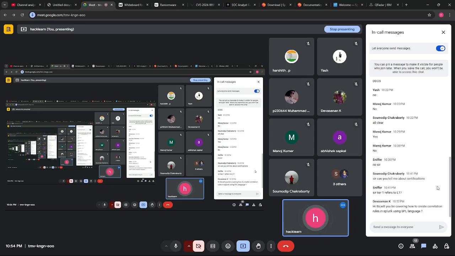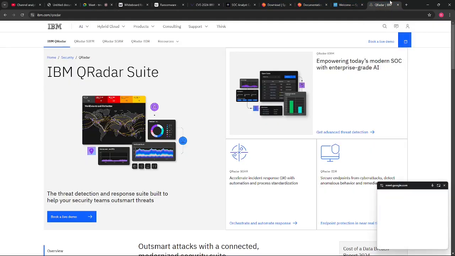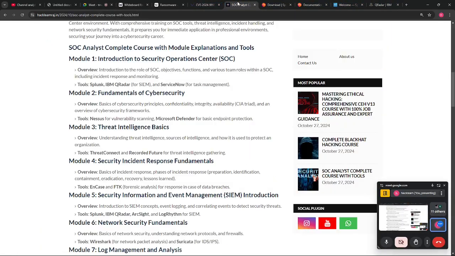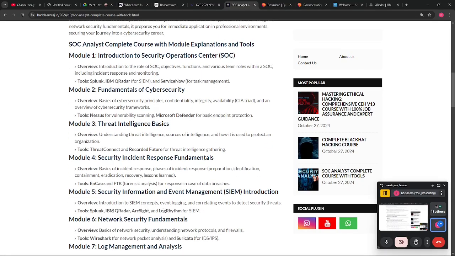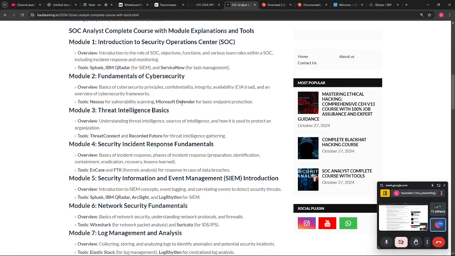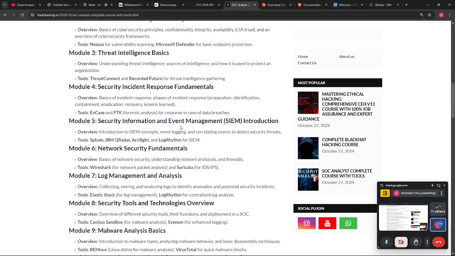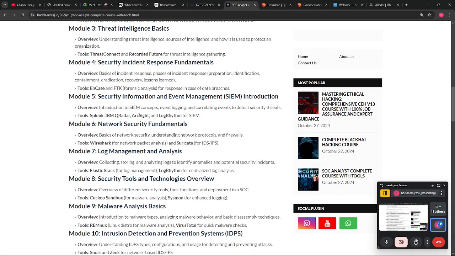You can learn a lot of tools. You just need to specialize in one or two tools, and after that you have to gather information and get some idea regarding a lot of tools. So Splunk and IBM QRadar I will be discussing, and let me see if there are any other tools to discuss tomorrow. I will be sending you the list of tools also: IBM Splunk, IBM QRadar, ArcSight, and I will be discussing LogRhythm also. So these four tools I will be discussing from my side.